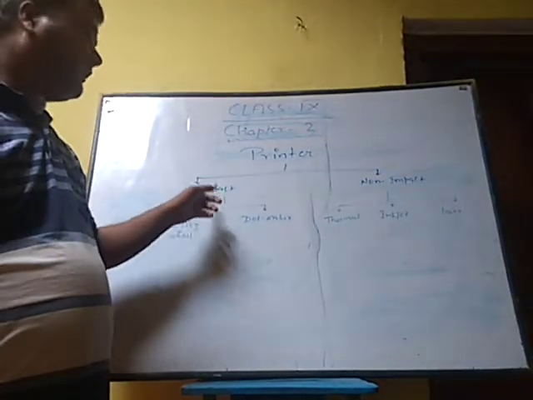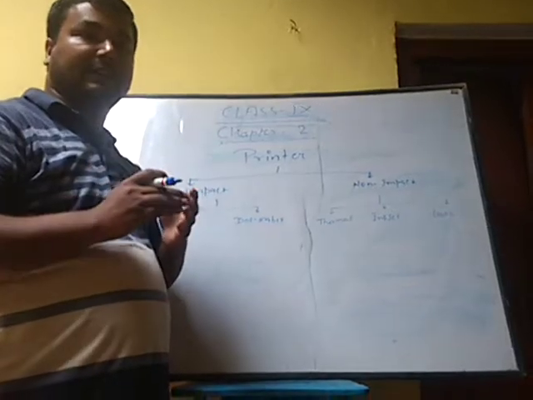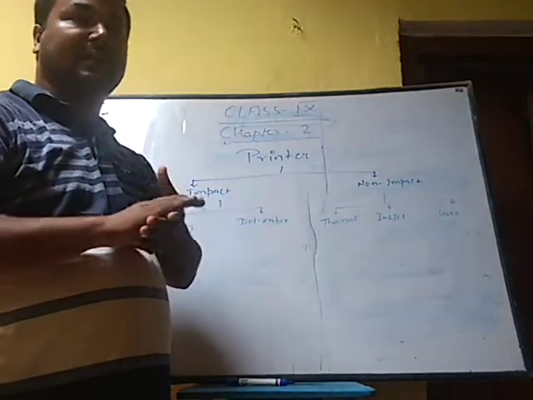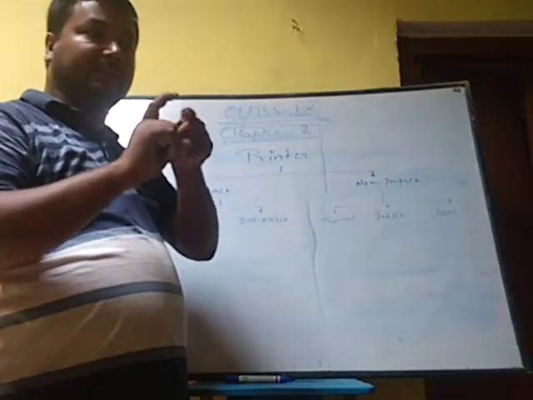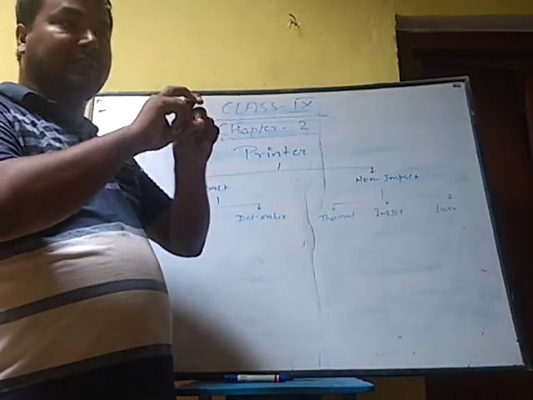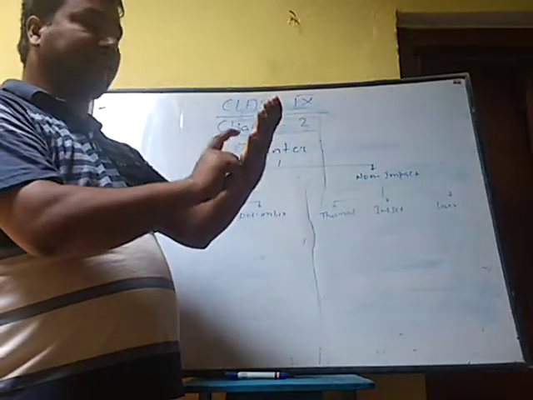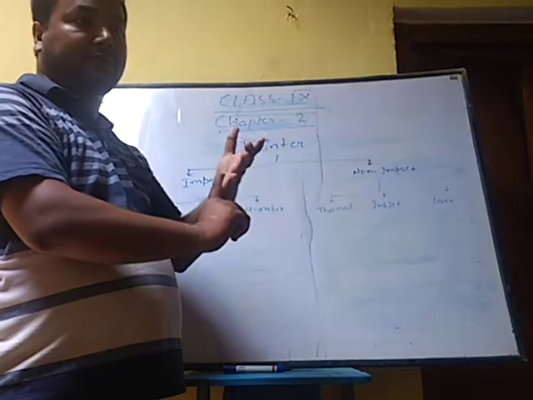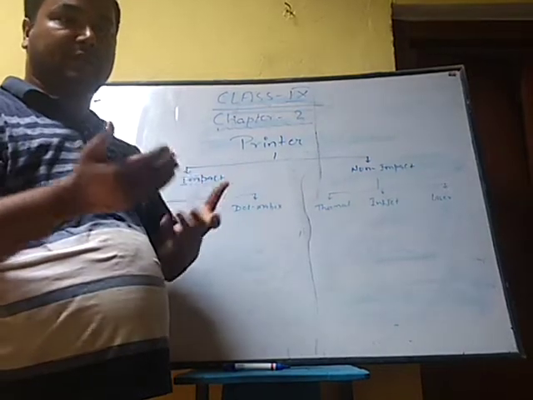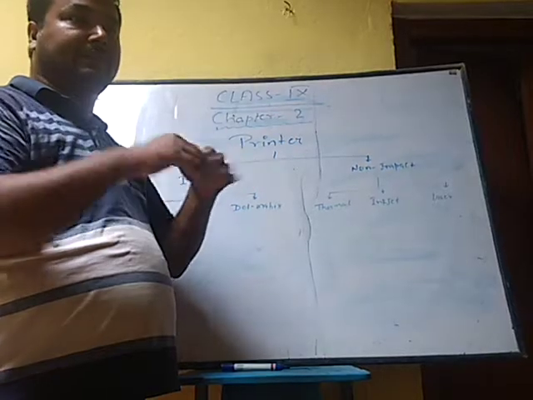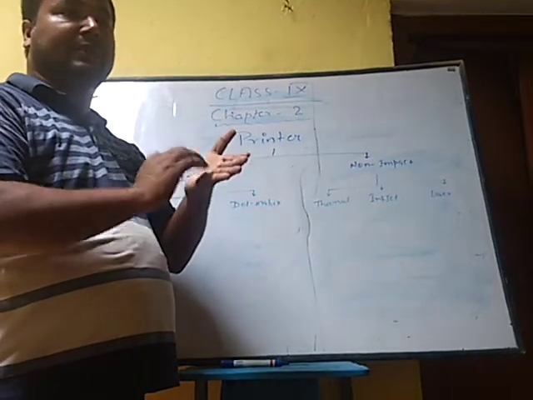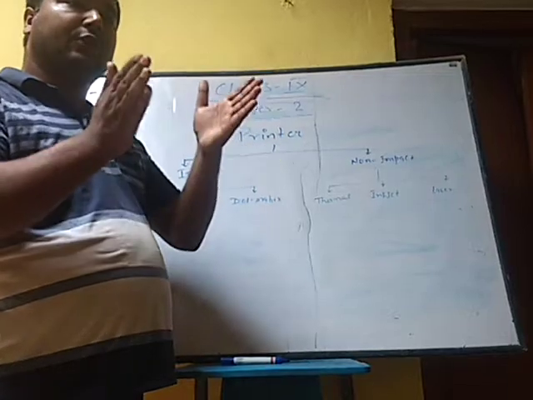Impact printers have physical contact between the printing head and the paper to produce the output. I think you must have seen a typewriter machine, which has keys on which characters are mounted, and an inked ribbon, a colored inked ribbon, on which it strikes to form the character. You have also seen this when you visit the railway station. While you reserve your ticket, the head of the printer strikes the paper and starts printing. So these types of printers have physical contact between the printing head and the paper to produce the output.